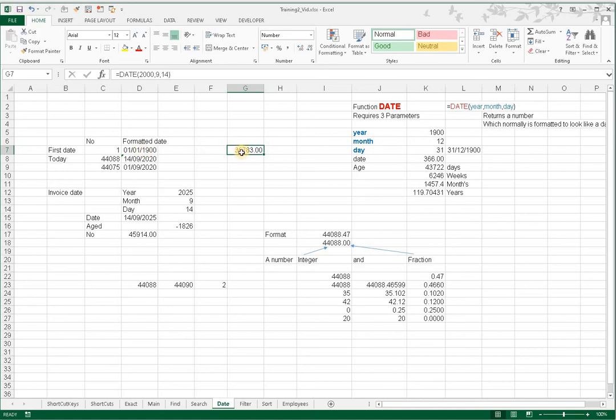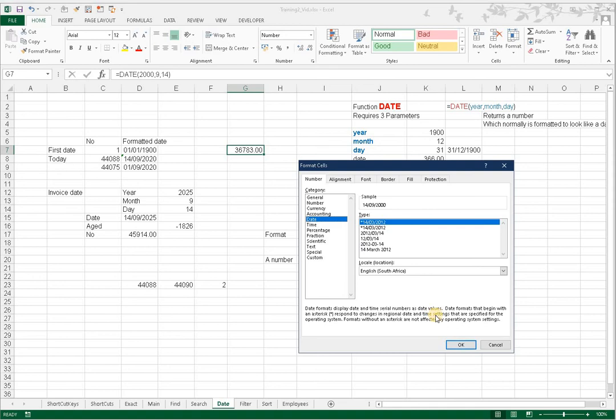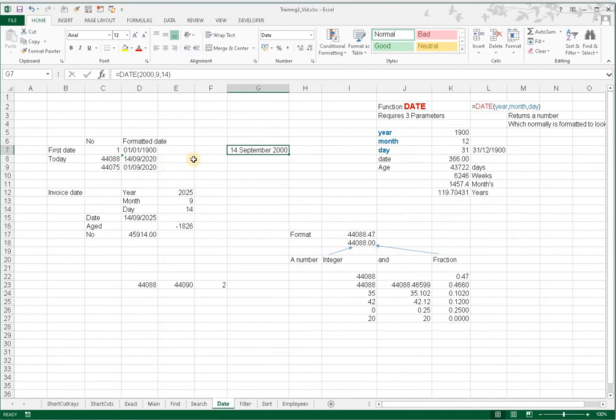I must format it back to a date, and I can format it any way I like. So I can take the 14th of September 2000, and the date today is